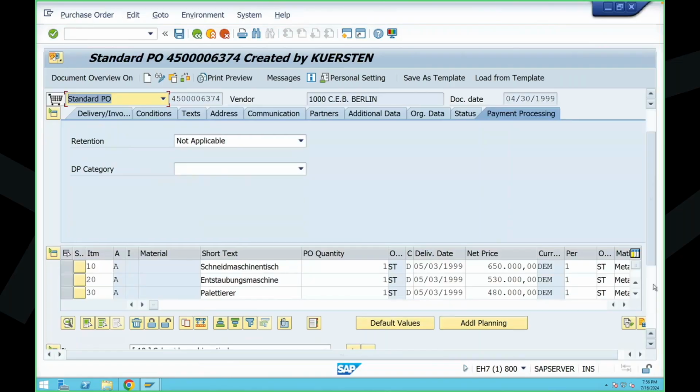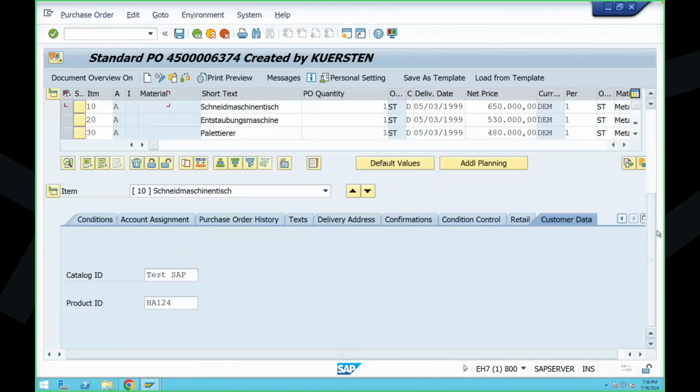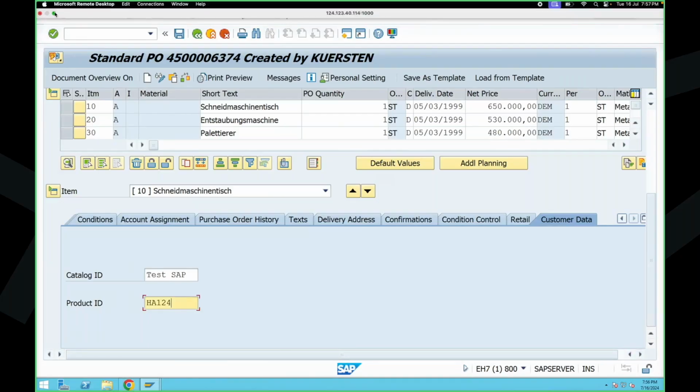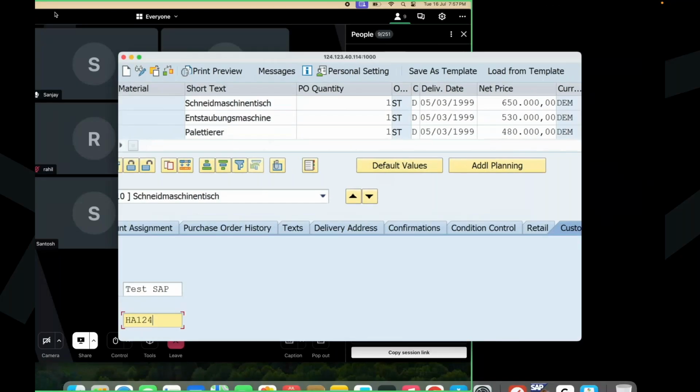So now go to item section, customer data. You can see the new field product ID was added and the data which is coming here. So to add the field inside the standard transaction, what is the process? First, you have to identify the place. So place will be identified